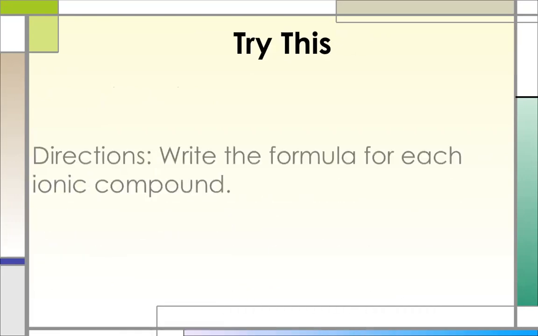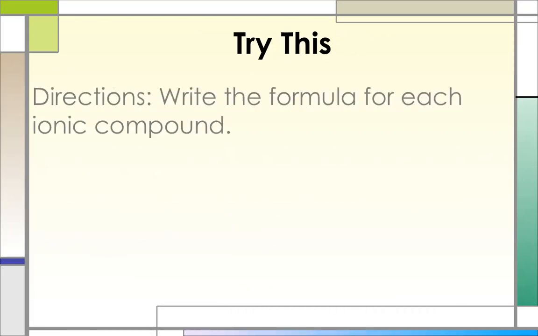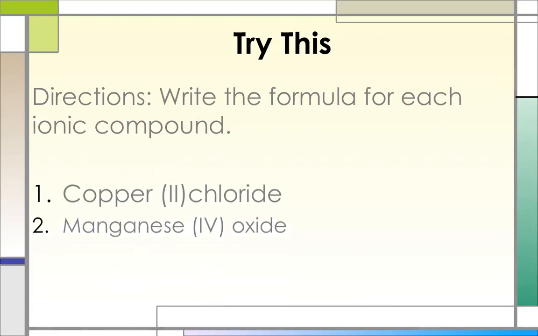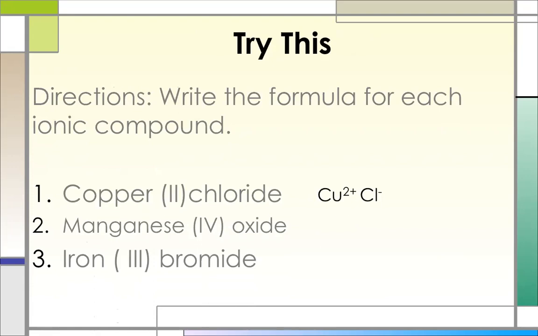Let us try this one. Directions: write the formula for each ionic compound. Number 1, copper(II) chloride. Number 2, manganese(IV) oxide. Number 3, iron(III) bromide. So for copper, you have Cu2+, then Cl negative, the chloride. So crisscross, you have